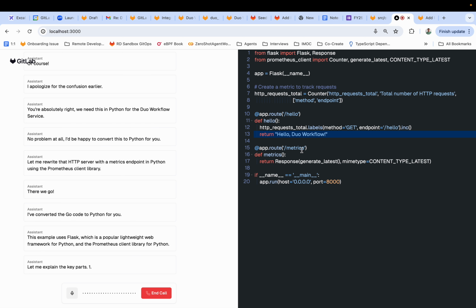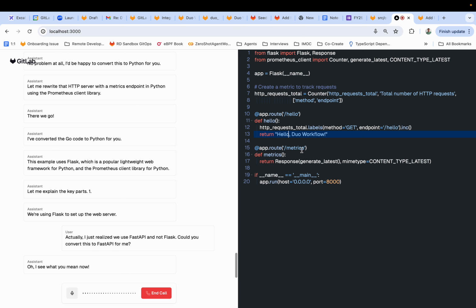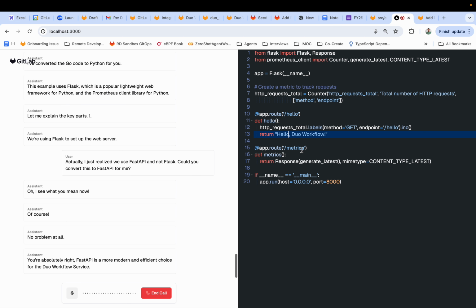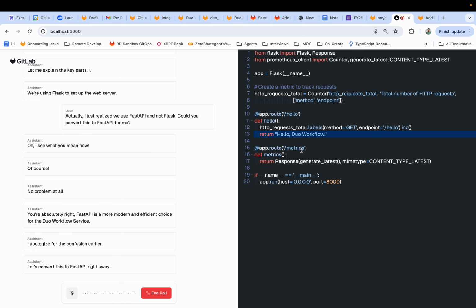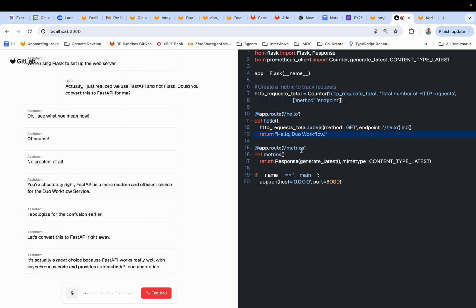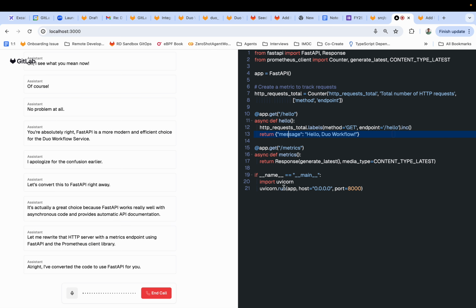Let me explain the key parts. 1. We're using... Actually, I just realized we use FastAPI and not Flask. Could you convert this to FastAPI for me? Of course. No problem at all. You're absolutely right. FastAPI is a more modern and efficient choice for the Duo workflow service. I apologize for the confusion earlier. Let's convert this to FastAPI right away. It's actually a great choice because FastAPI works really well with asynchronous code and provides automatic API documentation. Let me rewrite that HTTP server with a metrics endpoint using FastAPI and the Prometheus client library. All right, I've converted the code to use FastAPI for you. This should work